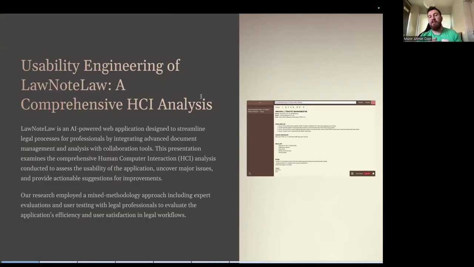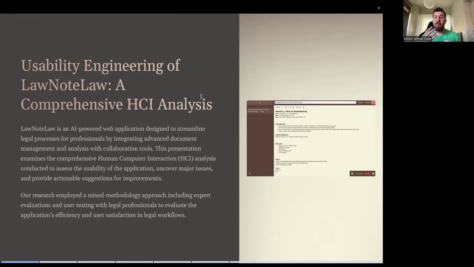In this presentation, we present our usability engineering study of Lawnotelaw, an AI-powered web application for lawyers. Lawnotelaw aims to streamline legal workflows by combining intelligent document management, in-depth analysis, and collaborative tools in one platform. So, to evaluate the system's usability,